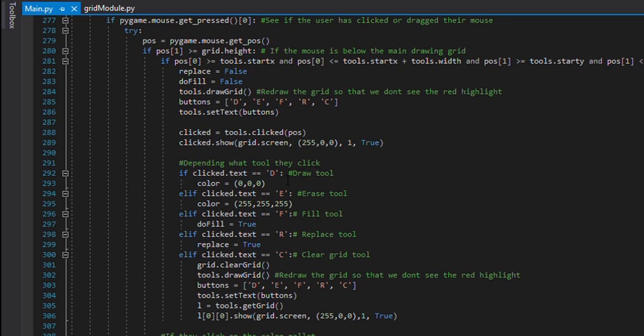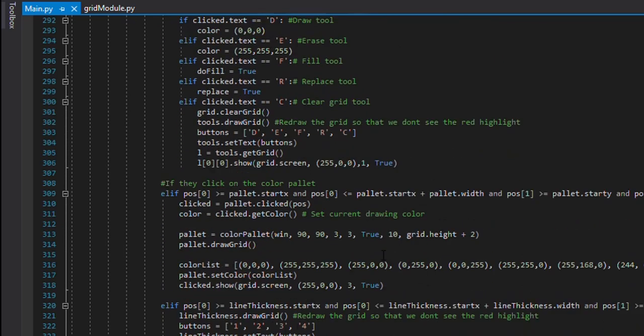So for that, we have changed the color to black for whatever he draws. Then the erase tool will simply change the color to white. So whenever he clicks on the pixels, the color will be updated to white and it will seem like he has erased. Moving on, we have similarly defined the fill tool, the replace tool, the clear grid tool, and so on.